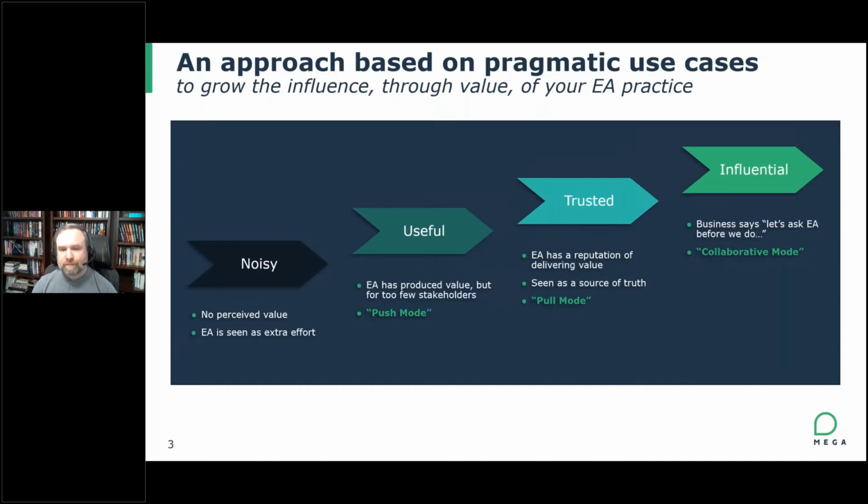And so at Mega, we've put together a very simple framework we call noisy to influential. And I want to start the presentation with this framework. Some of you who've seen my presentations before may have come across this, and that's the perspective from outside of any of the architecture practices. So it could be enterprise, solution, software architecture, et cetera. And any of the stakeholders outside, they may not understand initially the purpose or the intent of that particular practice. And so they perceive it as noise. They simply don't understand. And we want to get out of that stage as fast as we can because there's no perceived value. It's sort of a confused state.